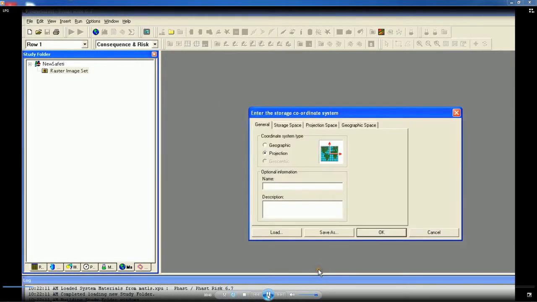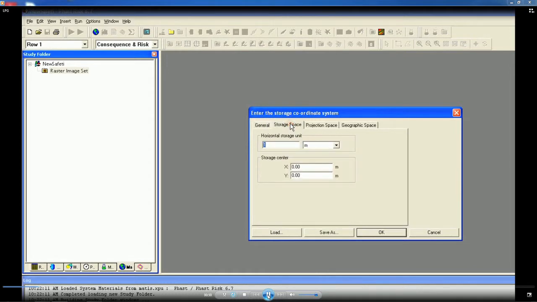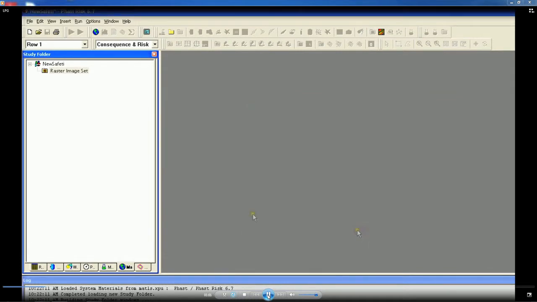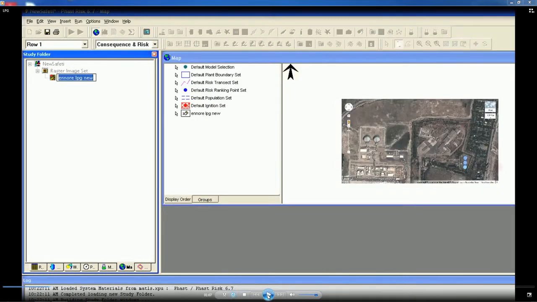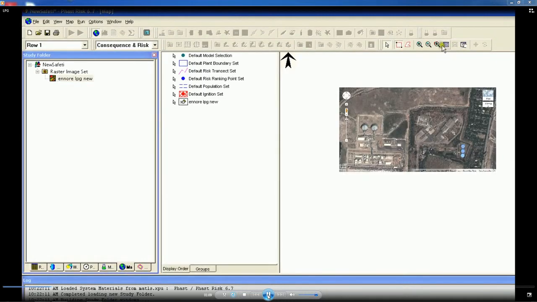Once they are given, then you have to select a space for its projection and geographical area in the file, give the file name or the origin information, then identify the storage space in terms of coordinate system, where are the storage spaces available in the given plant. Once it is indicated, then give the geographic space, graphically select the area which is appearing on the right side of the screen now, select the area, then once you click it gives you the raster image of what you have selected in terms of coordinate system.